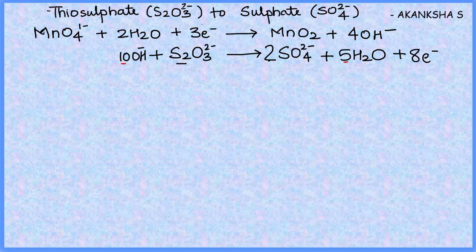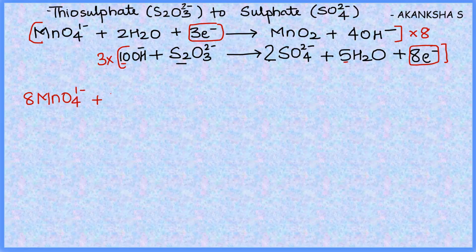Okay. Now let's see. 3 electrons in the first reaction, 8 electrons in the second reaction. 3 8s are 24. So we are going to take the LCM 24 and go ahead with it. So the first reaction gets multiplied by 8, whereas the second reaction gets multiplied by 3. You need to equalize it. There is no other number we can equate it with. That's why we are going to go for LCM. Okay, so this becomes 8